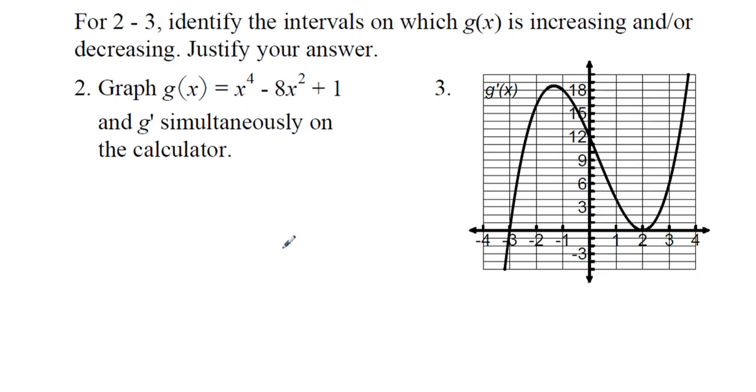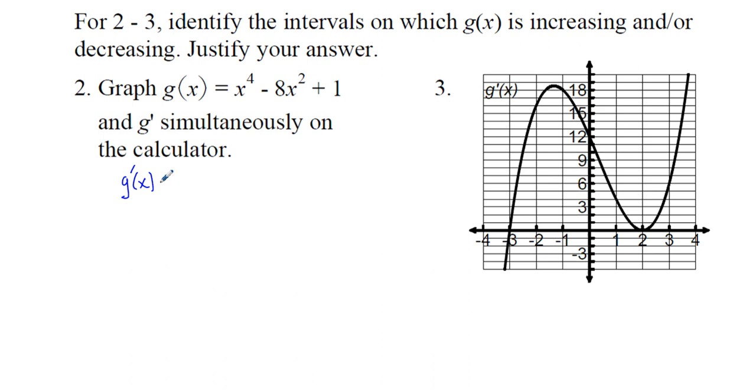For 2 and 3, identify the intervals on which g is increasing and or decreasing. Justify your answer. Okay, so we have 2. It says graph g of x equals x to the 4th power minus 8x squared plus 1, and g prime simultaneously on the calculator. But even before that, I'm going to take that first derivative. I'm going to show a calculator here in a bit, but first thing we're going to do is find g